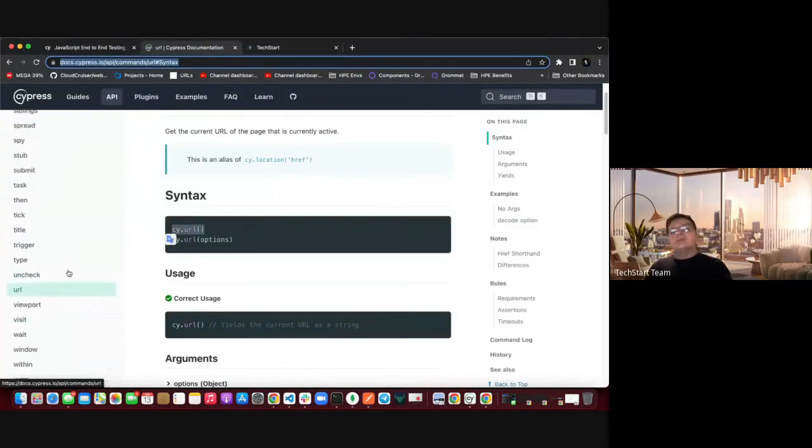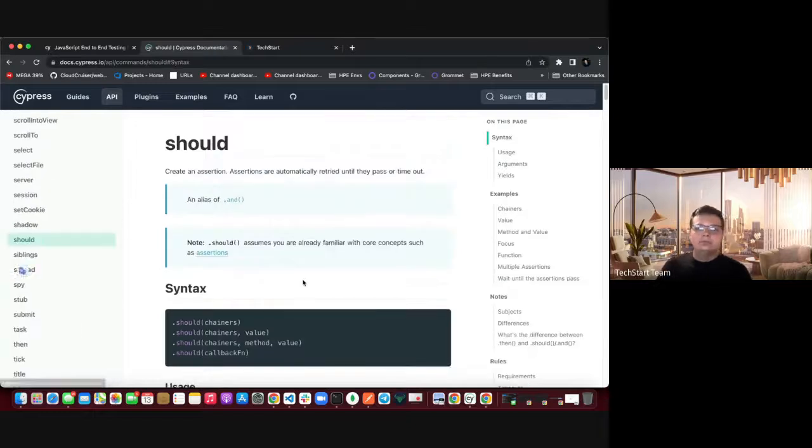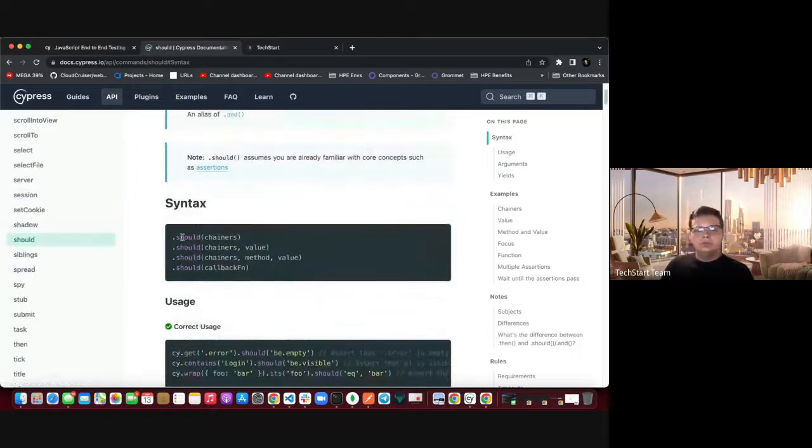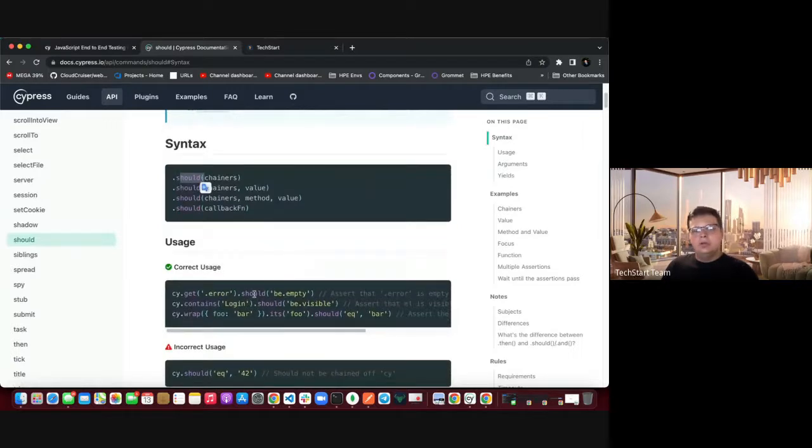To compare something with expected result in Cypress, we use word should, yeah, very user friendly. Should, then it, yeah, then inside of should we have like bunch of